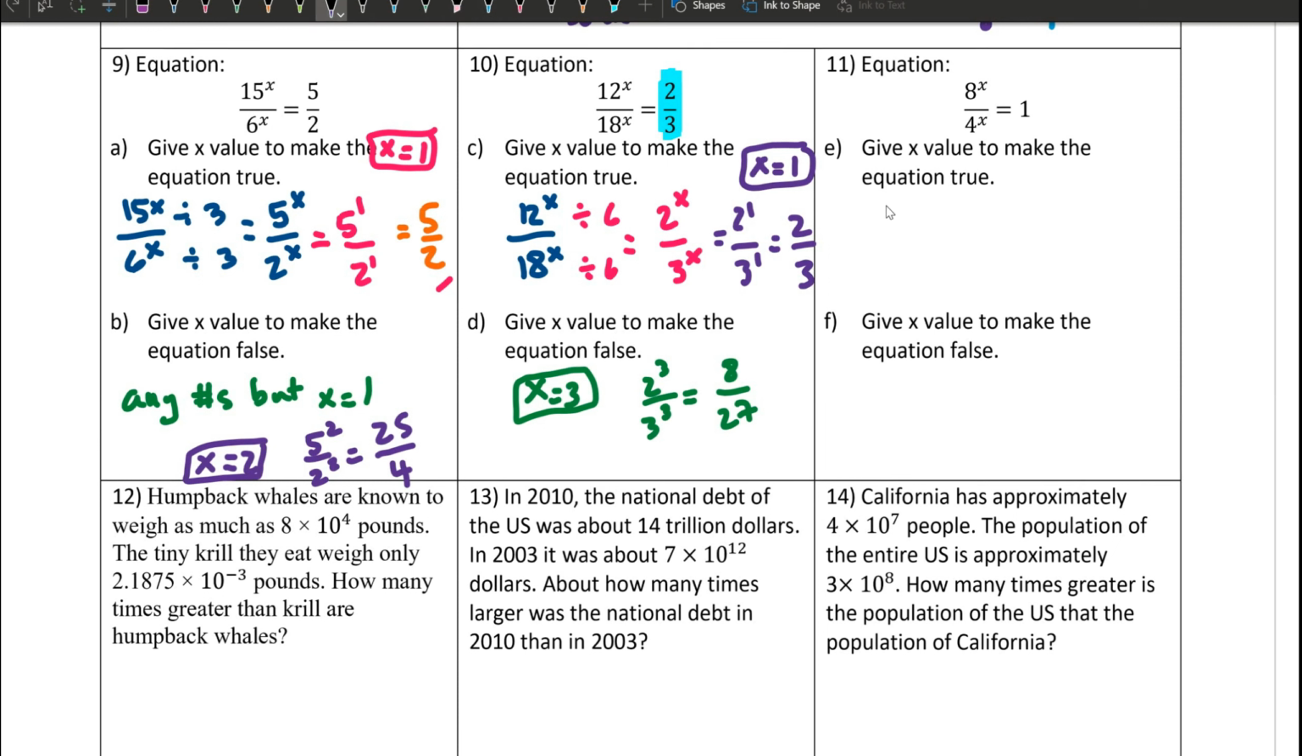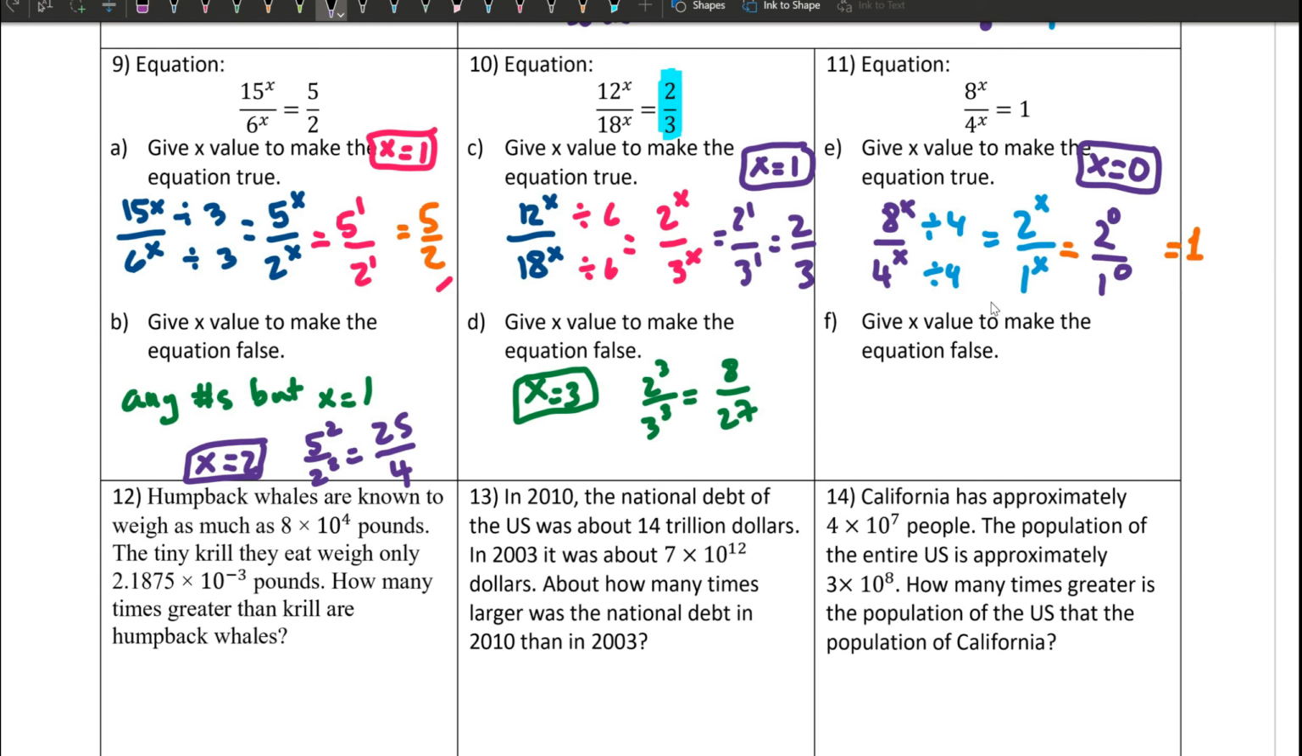Okay, number 11. 8 to the x power over 4 to the x power can be reduced by 4. That will give you 2 to the x power over 1 to the x power. What is the x value supposed to be so that the answer will be 1? Hopefully you know the answer because we did see this earlier. If you say the x value is 0, which is the correct answer, 2 to the 0 over 1 to the 0,